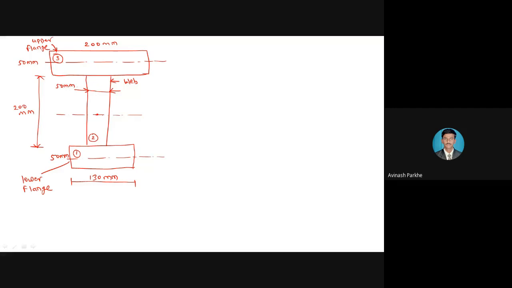For that particular unsymmetrical section, first of all, we have to calculate the y bar, which means we have to find the position of the neutral axis. If this were a symmetrical section, then directly I could take the formula y bar is equal to capital D divided by 2. What is the total capital D? This 200 plus 50 mm at the top and 50 mm at the bottom. That means the total depth is 300 mm, and directly I could take 300 divided by 2. But this is an unsymmetrical I section, so it is not possible to take capital D divided by 2.